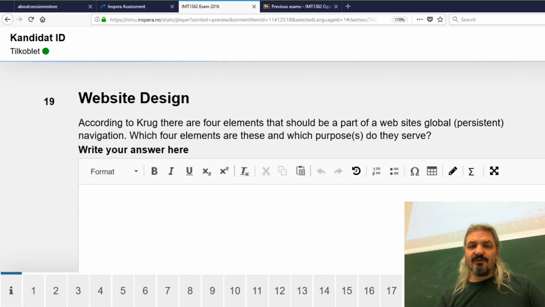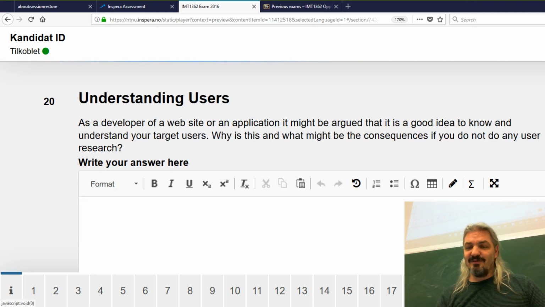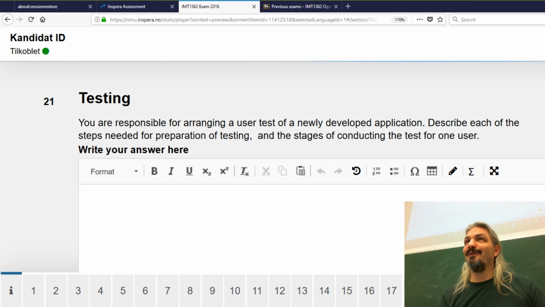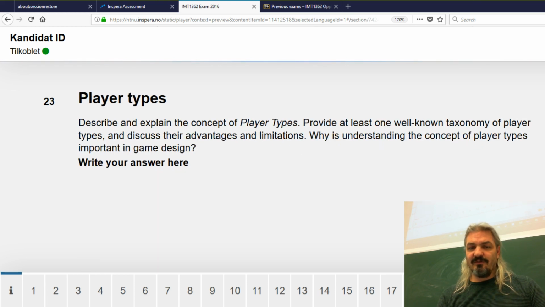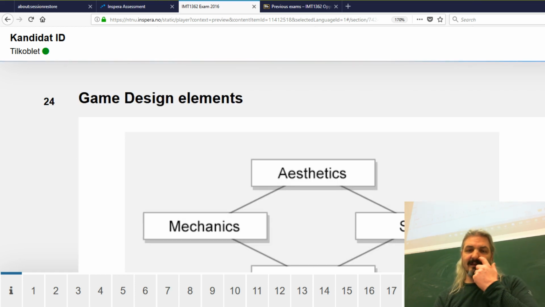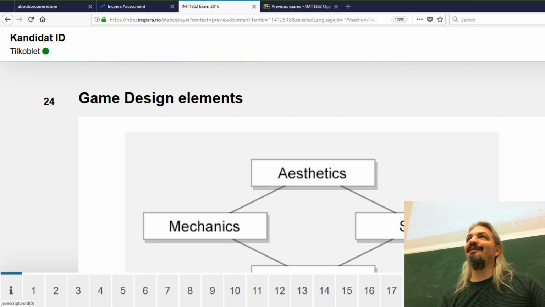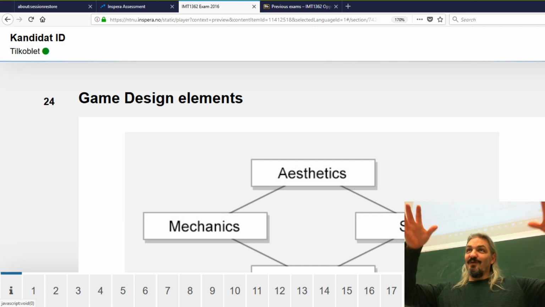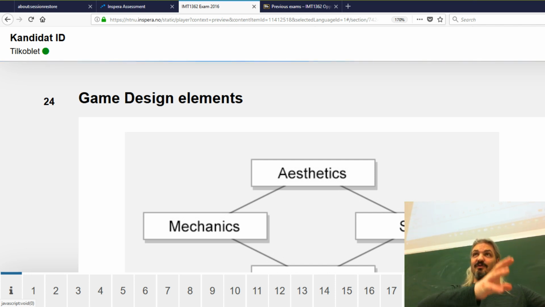And then we had 3 questions from the design side, so web, users and testing, more focused on the app side, and then 3 from games, which were spaces, player types, and design elements. There are 6 of those 9 that you have to answer. So if you want to just do the app ones, you can do the 3 joined and the 3 apps and ignore the game specific ones. Same for the game people: the 3 joined, skip those 3, do the 3 games.